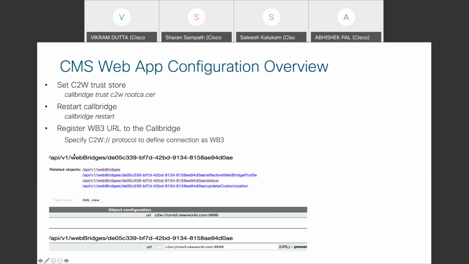We can go to the CMS API page. You can go to API v1 and web bridges, and you can basically type in the URL here. So C2W: the FQDN of your web bridge 3 server. Assuming it is on the same or a different server, you can type in the web bridge 3 FQDN followed by a colon and the port number. So this port number is the port number that you assigned for web bridge 3 for the